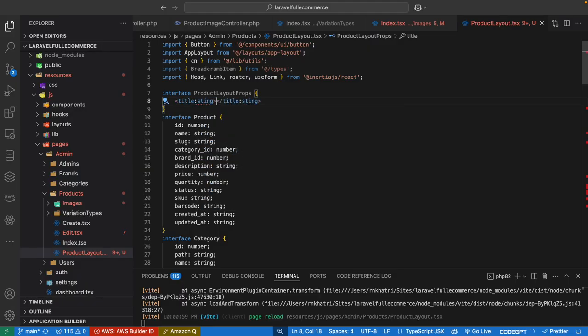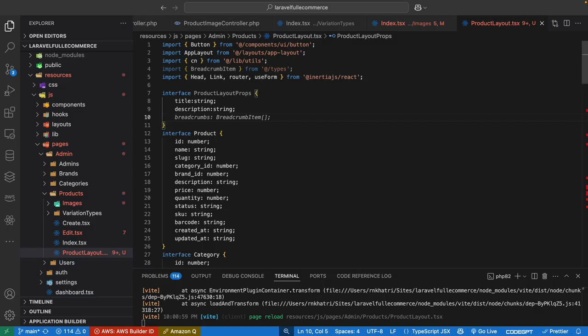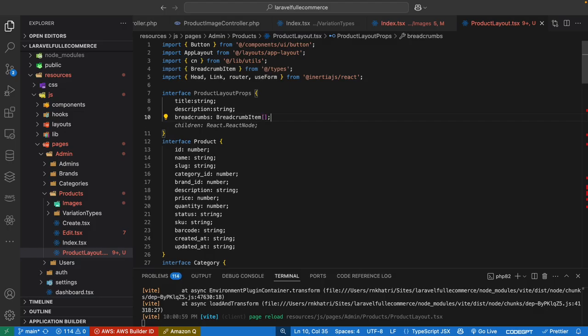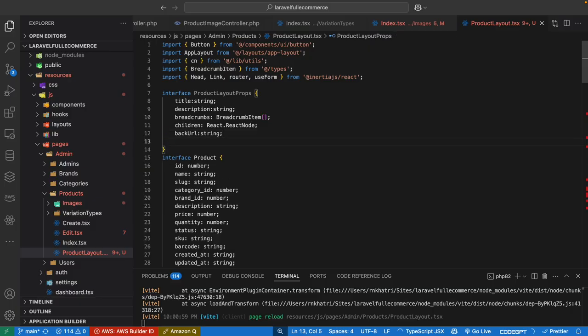Okay, and then description, and then breadcrumbs from the breadcrumb, and child is a React node. Okay, and the back URL is a string, then icon optional is a React node. Okay,